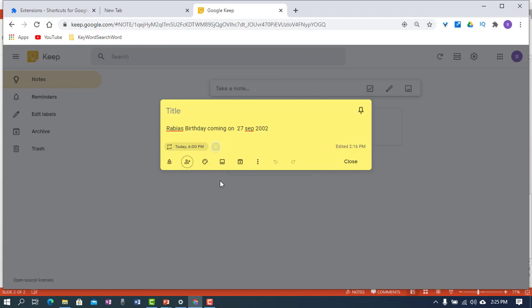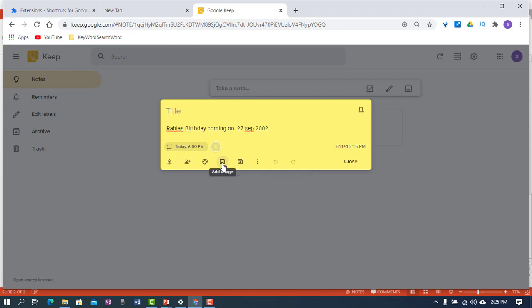So in this way you can create a task or create a note which is related to your co-worker. For example, you have a meeting, you have some agenda and you want to share this agenda with your office colleague. In the same way you create a list of agenda in Google Keep, and you can share it with your office colleagues, so you can discuss it later on.